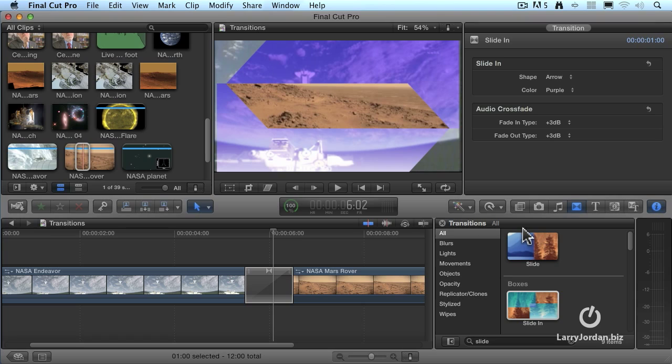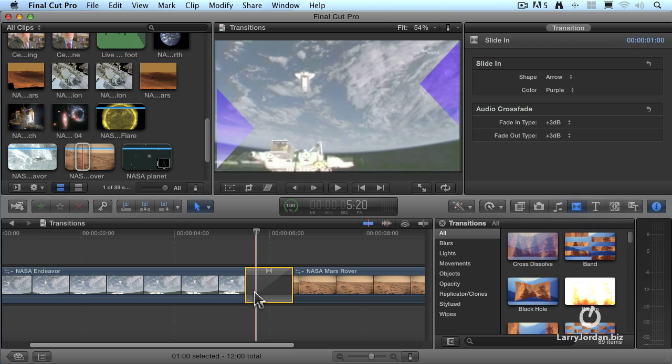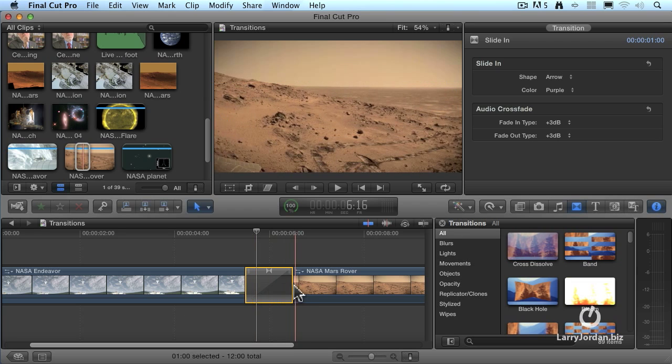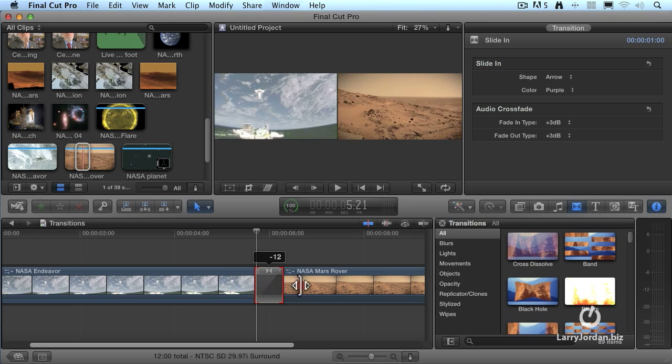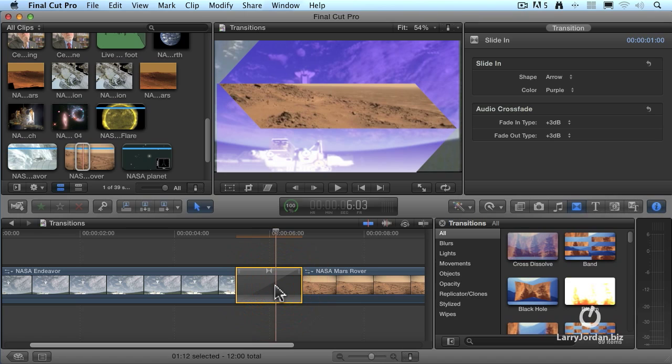So what we've seen is that we can apply the default transition, which is a dissolve, by selecting the edit point and typing Command-T, or go to the transition browser. And now we've got a wealth of transitions to select from. There's one more thing I almost forgot. Remember, we could change the duration of the transition by grabbing one of these wings and dragging it left or right. You could also type Control-D, which opens up the change duration window